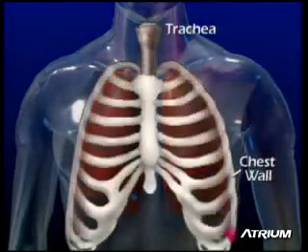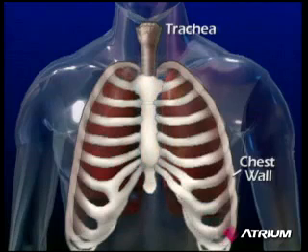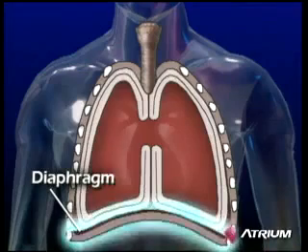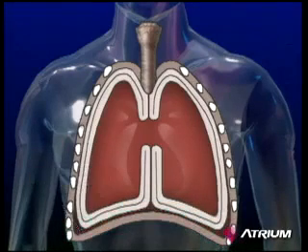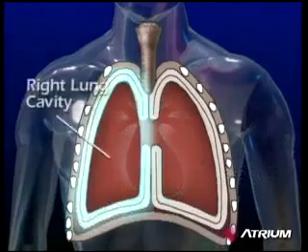The chest wall is composed of the ribs, sternum, and thoracic vertebrae. All are interlaced and covered with intercostal muscle to form a semi-rigid structure. The lower boundary or floor of the thoracic cavity is known as the diaphragm, which is also composed of muscle. The interior of the thoracic cavity can be divided into 3 distinct areas, the mediastinum and 2 separate chambers for